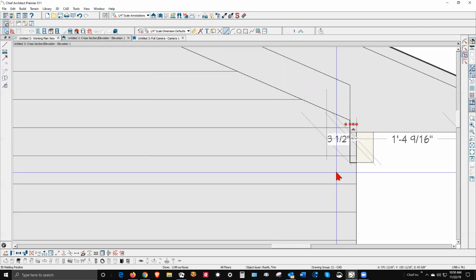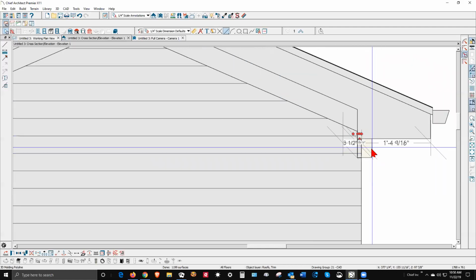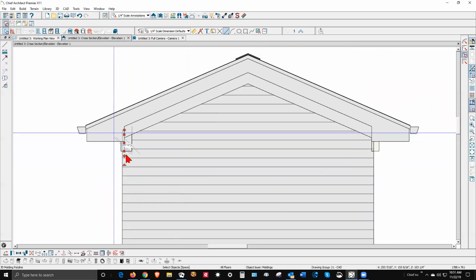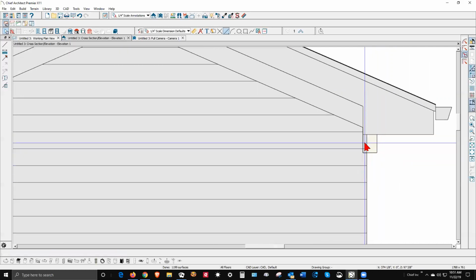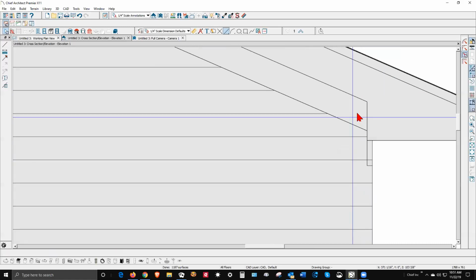Okay, that didn't work. All right. That's what I did over here. That's a molding polyline that I drew, and it worked on that side. I was going to show you on this side, but it's not working. I haven't been able to get it to work. Another way to do it